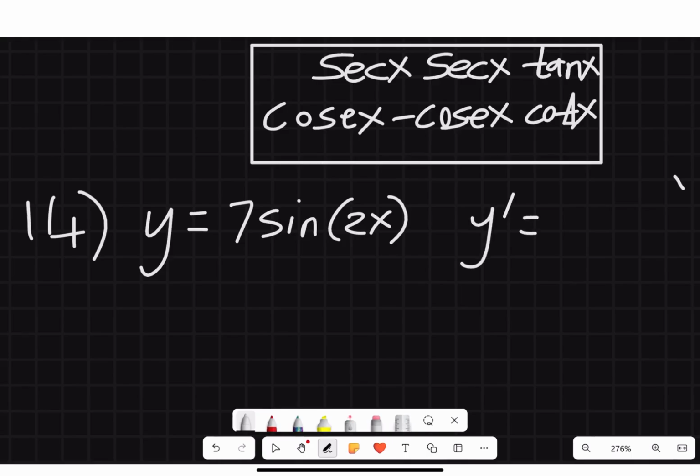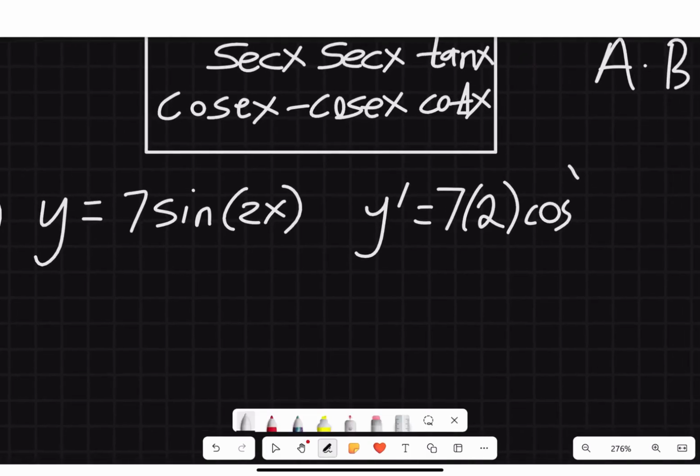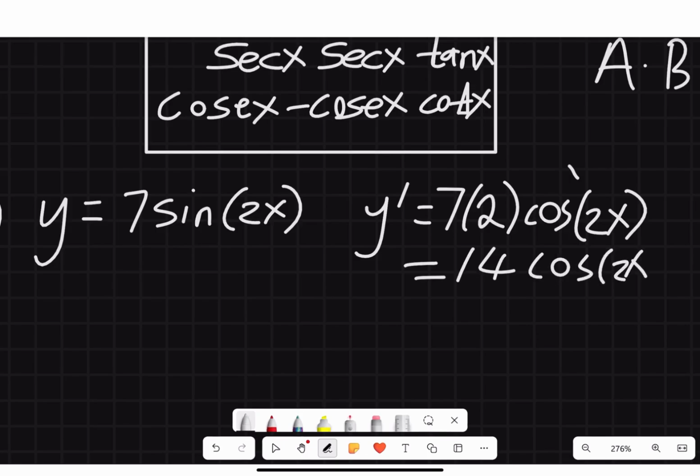I need you to pause the video and attempt it. Right, so the 7 is a constant, it stays. We need to multiply by the derivative of the inside, so the derivative of 2x is 2. And then we need to differentiate the whole function, which is cos, because the derivative of sine is cos. So which is cos 2x. Let me write it down. 2 times 7 is 14 cos 2x. All right,